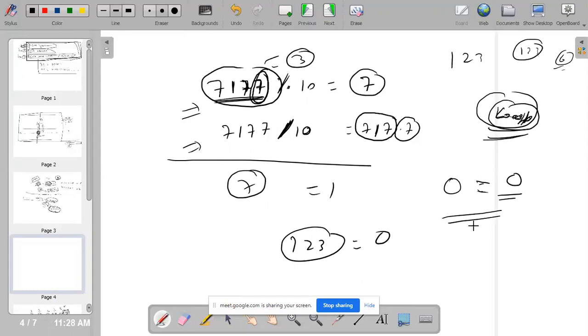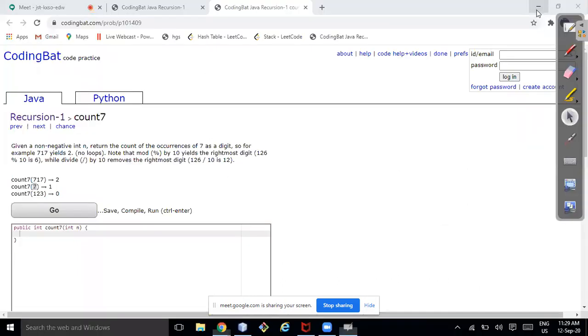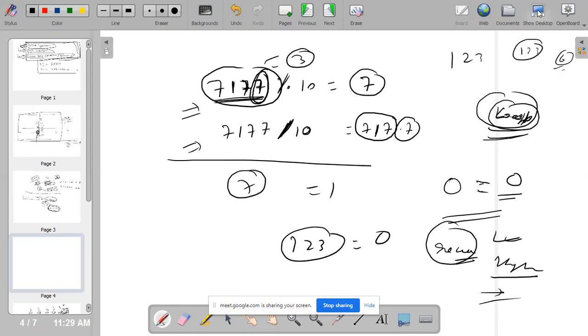So what is your option? Your option is recursion. How can you do it recursively? You need to find your base condition, your hypothesis, and your induction. If you can do it, you can do any recursive problem. If you are not able to, we will solve many more problems.